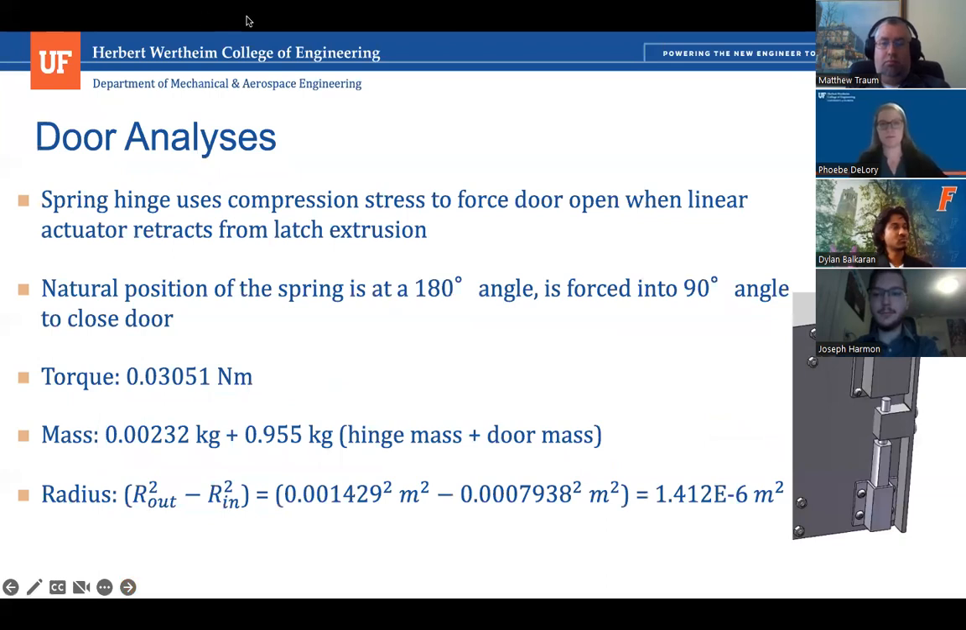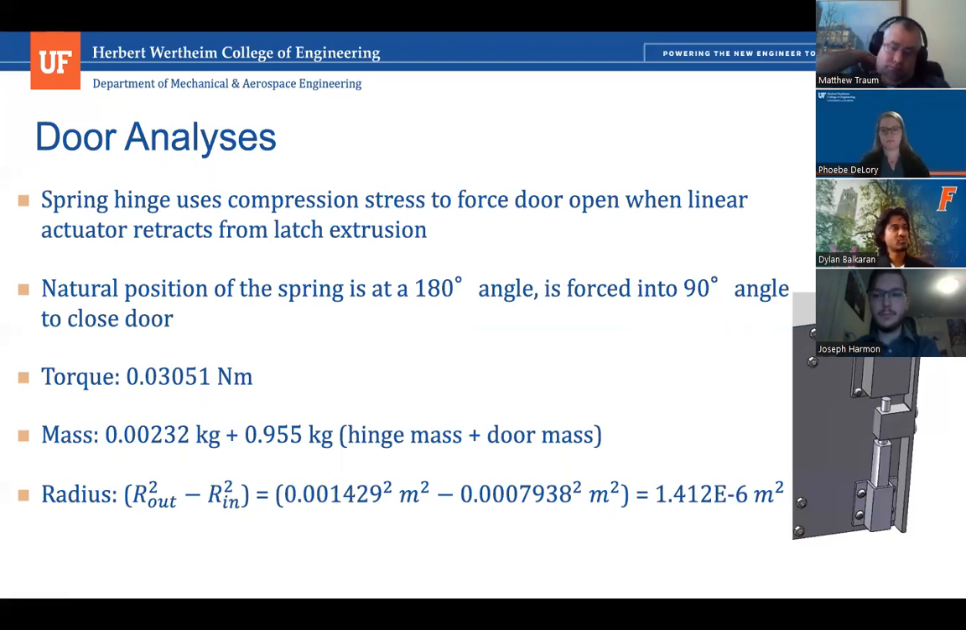The second analysis that we conducted on the door mainly involves the amount of time it would take for the door to open when the launch signal is given. As described earlier, the door uses a set of spring hinges with compression springs to force open the door when the linear actuator retracts from the latch. The natural position of these springs is at a 180-degree angle, so naturally straight. It is forced to a 90-degree angle to close the door, which generates a certain amount of